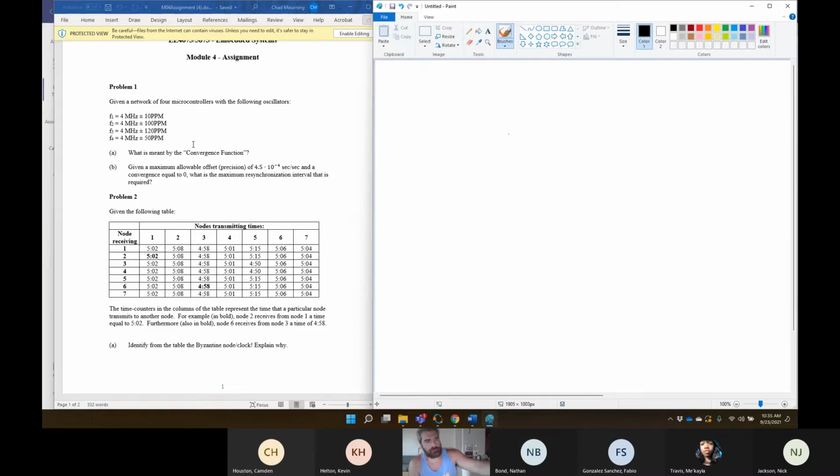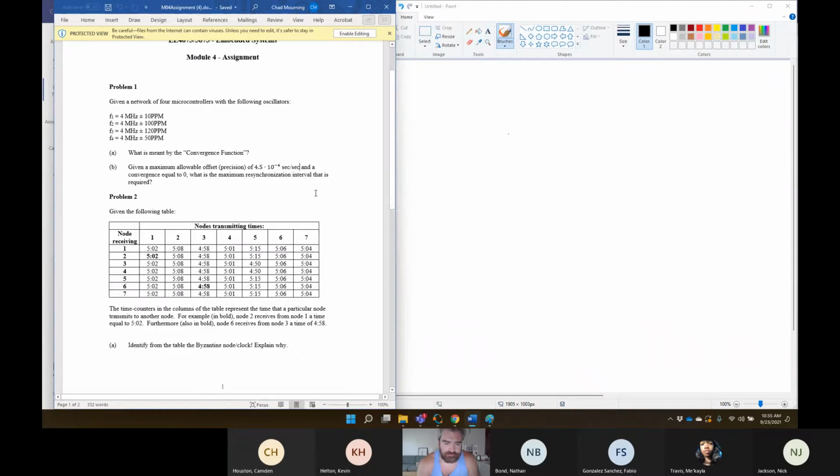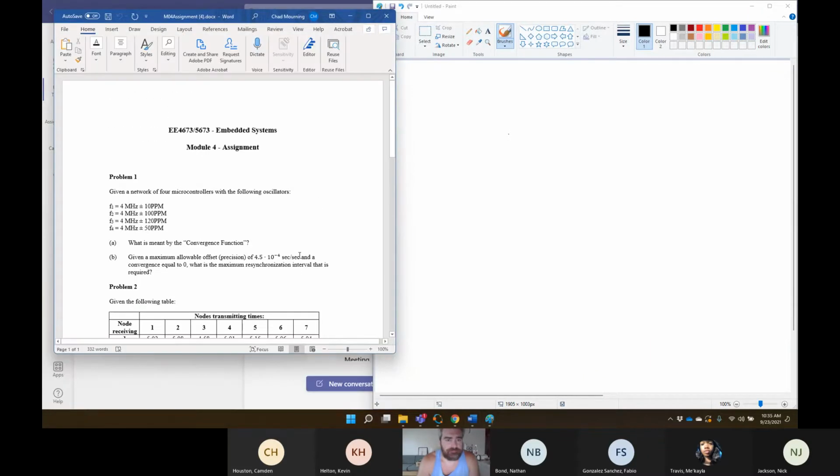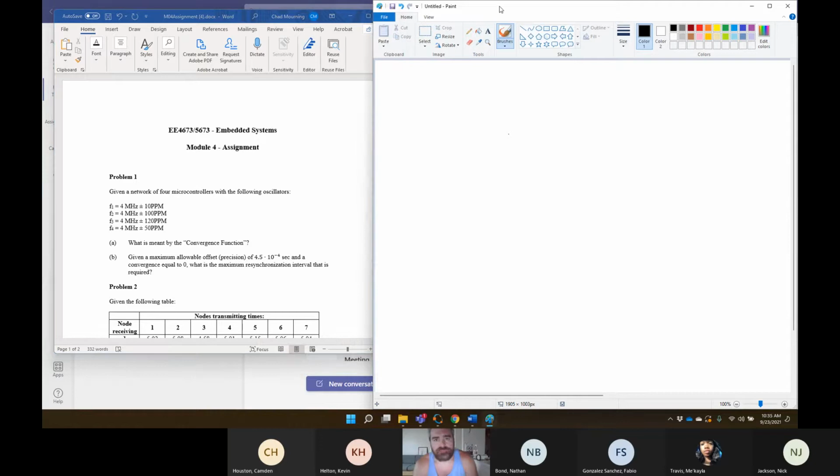Next part you do need the numbers for. Given a maximal allowable precision of 4.5 times 10 to the negative fourth seconds per second. Well, no, that's not right. Precision is in seconds. The drifts are in seconds per second. And a convergence equal to 0, what is the maximum resynchronization interval required? Okay, so